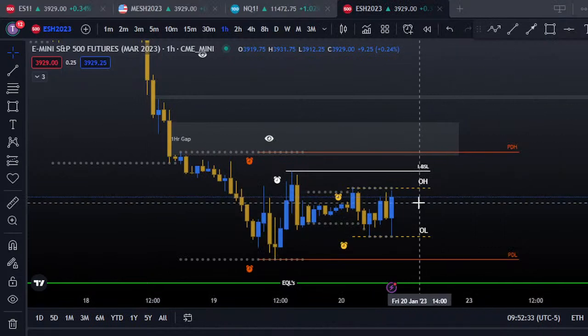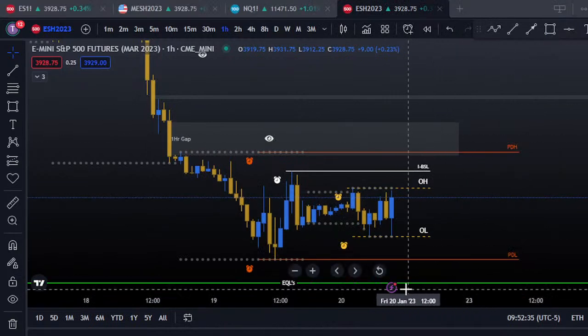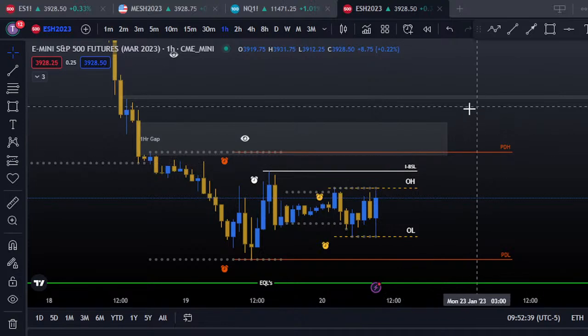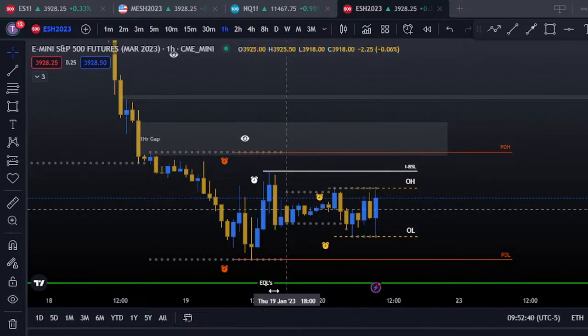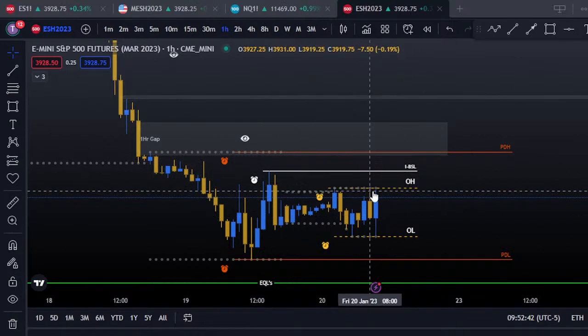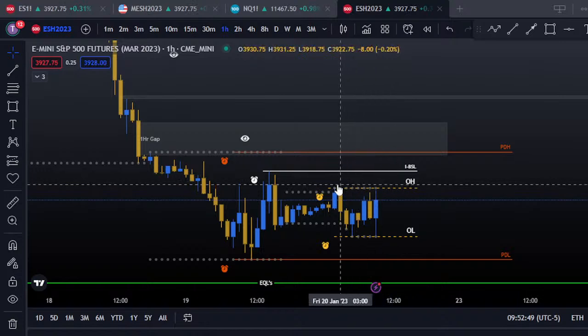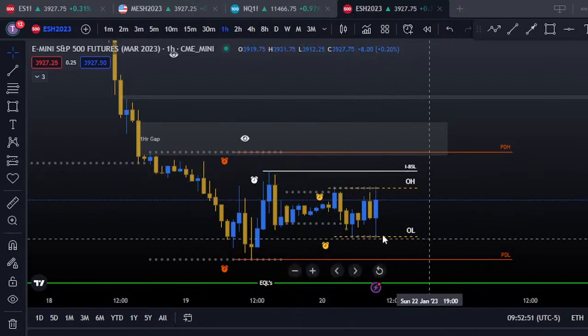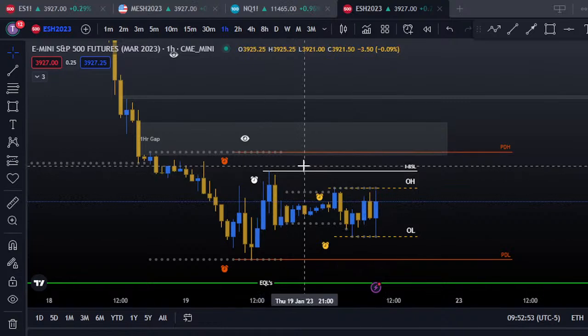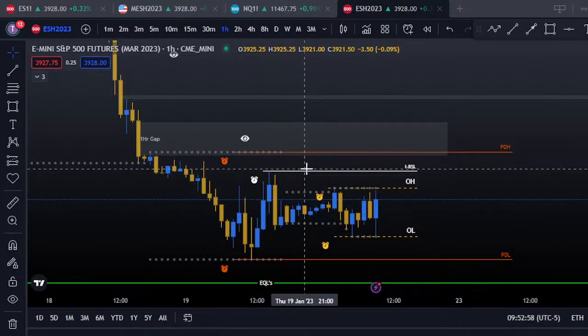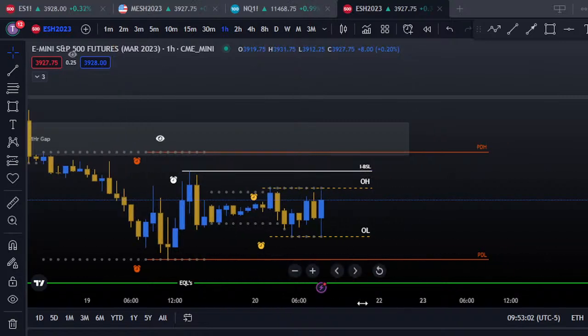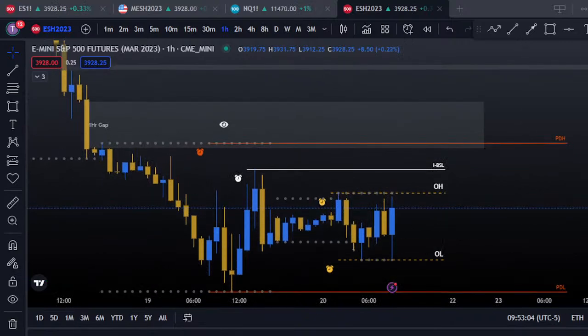So let's see what we get at 10. We could get a push in one direction, man. And what I do, when stuff gets violated, like the overnight high or this internal buy side liquidity, like one of these swings gets violated, I wait probably about an hour or two before I take the line off my chart. But what we would be looking for, the type of trading I do, is based on ICT concepts